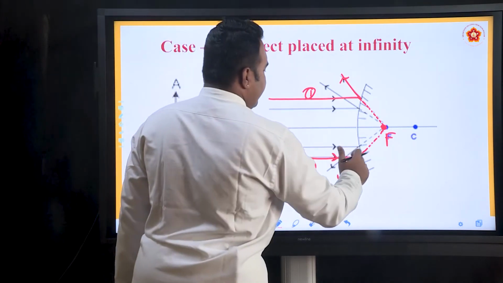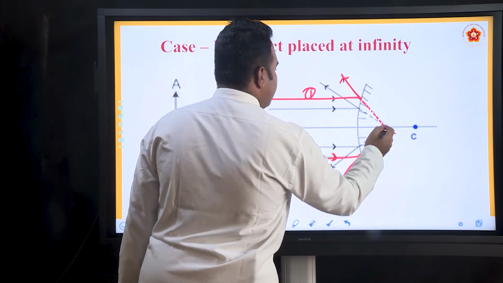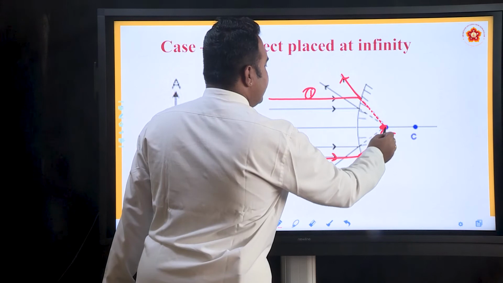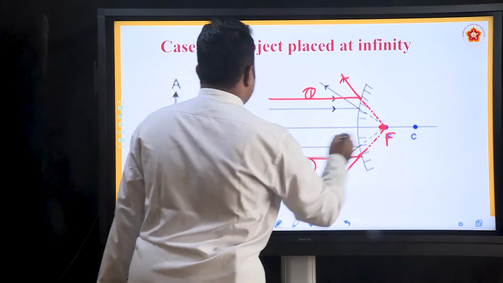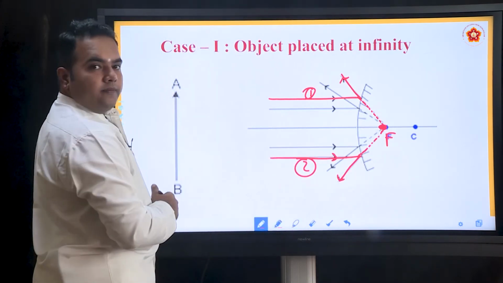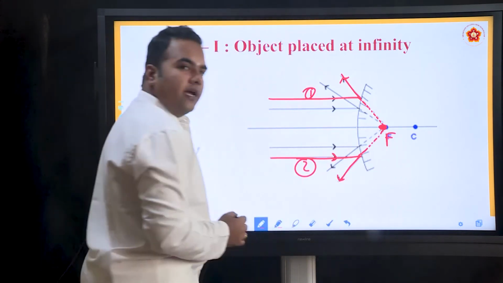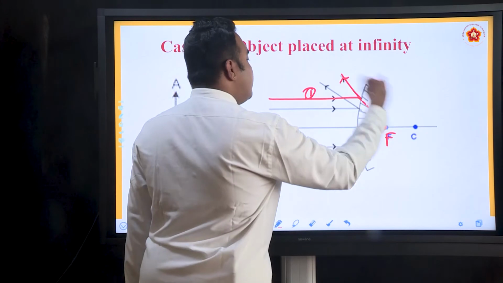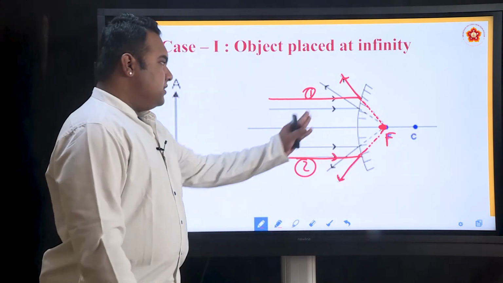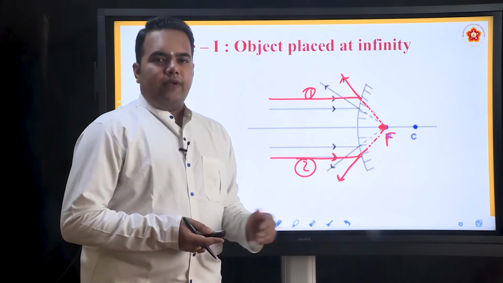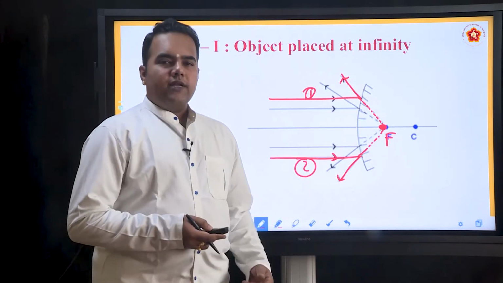Two rays of light appear to merge at this particular point called the focus. So, we know it is highly diminished. Look at the dimension of the object, and look at the size of the image formed. It is highly diminished, and since it is formed inside the mirror, it is virtual and erect. We can never obtain this kind of image in a convex mirror on a screen.